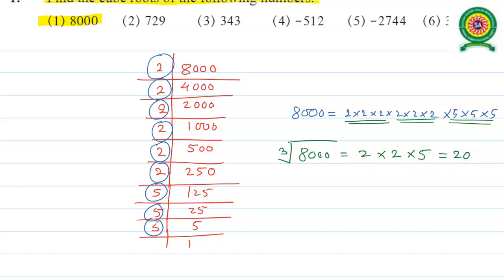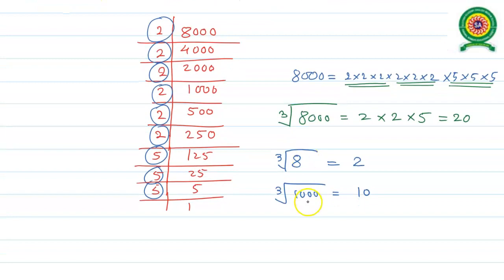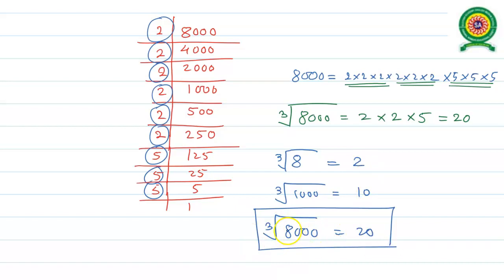Or ultimately, one shortcut key we have now. Forget about the number of zeros on 8; we have just 8. So the cube root of 8 is 2, while we have 8 into 1000 as 8000. So the cube root of 1000 ultimately is 10, because 1000 is the perfect cube of 10 and 8 is the perfect cube of 2. So we have 8 into 1000 under cube root. Ultimately the cube root of 8 into 1000, which is 8000, becomes 2 into 10, which is 20. So this is another shortcut key we have with us.